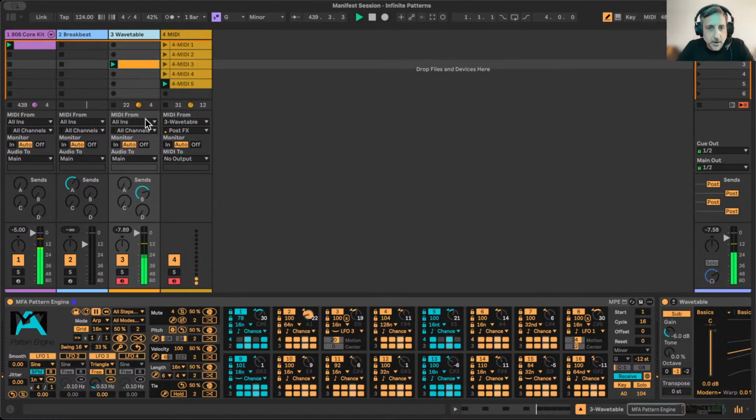Oh, and arp mode is going crazy because it's still receiving the MIDI trigger. So let me stop that clip, right? So what arp mode does is it enables receive mode if that's not currently the case. It enforces the gate mode, so the sequence will only play while a note is held. And also, the sequence will be restarted to the first step whenever